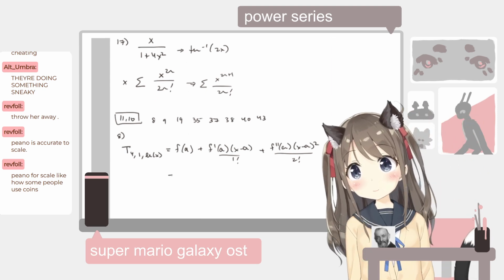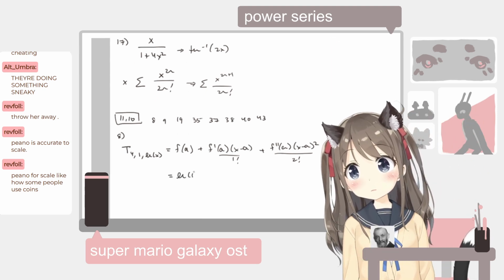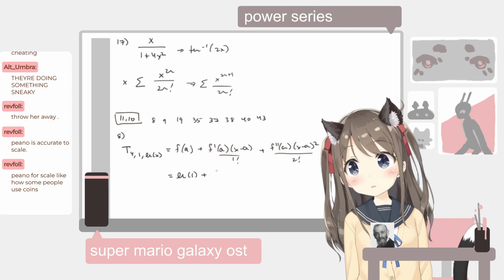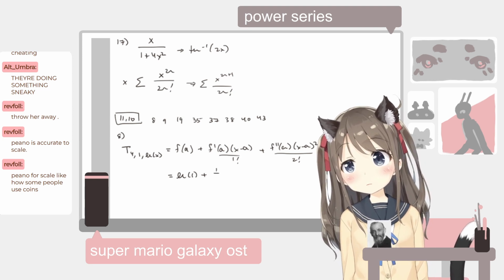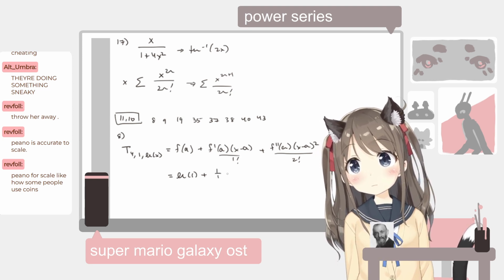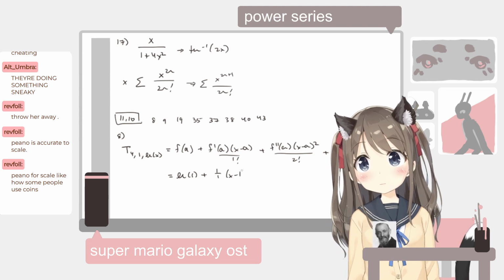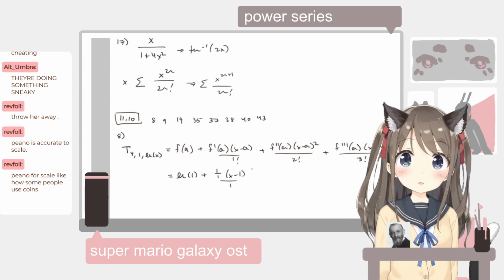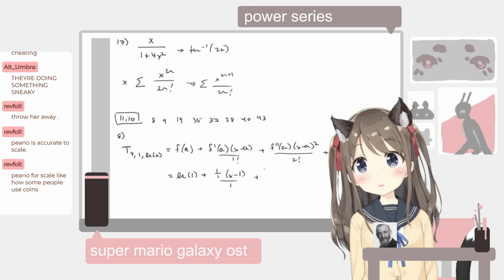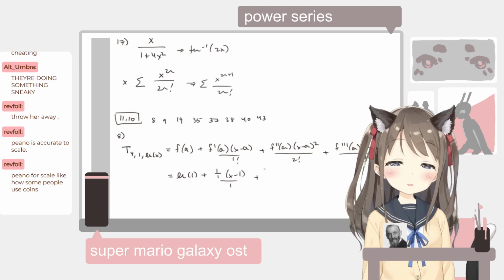This is evil. Okay, ln of 1 plus 1 over 1 times x minus 1 over 1 plus that'd be, so it's